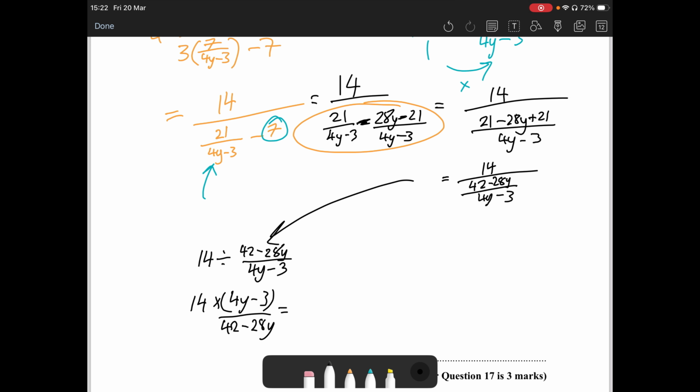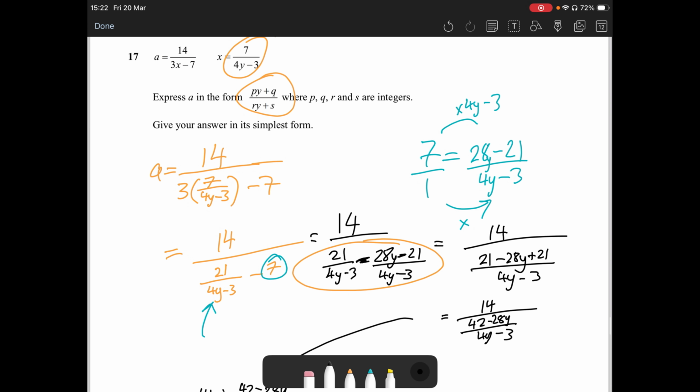You know what? Your life is going to be easier. What I'm going to do here is, I've noticed that the bottom of my fraction involves a little bit of times tables. Actually, I can factorize 14 out, can't I? This would be 3 minus 2y. The reason I've done that is, look, I can cancel out my 14s now. That's really, really nice. So actually the answer now is simply 4y minus 3 over 3 minus 2y, which is,